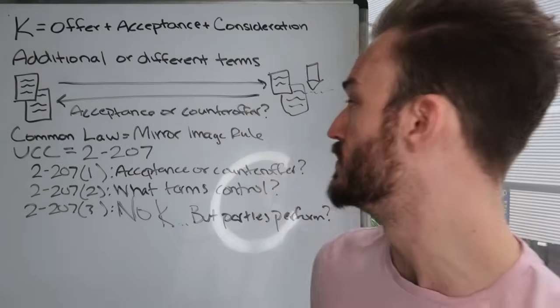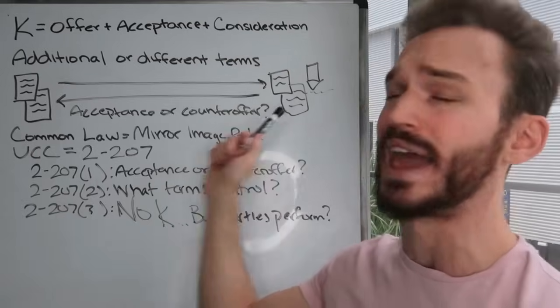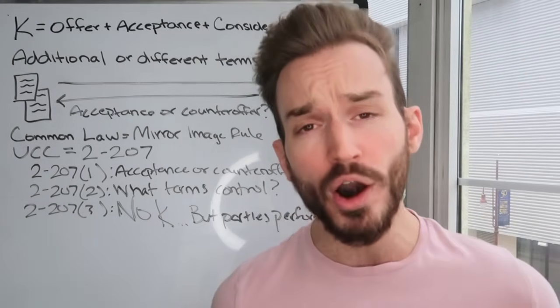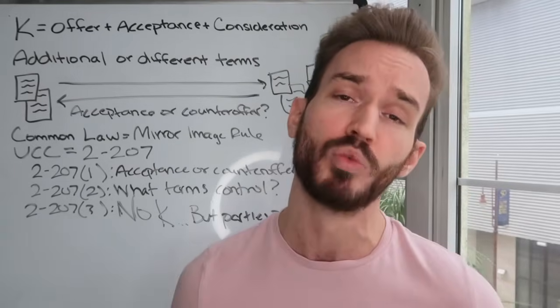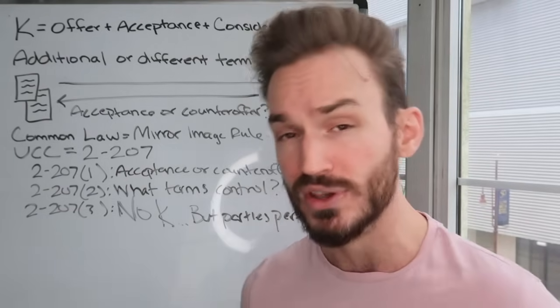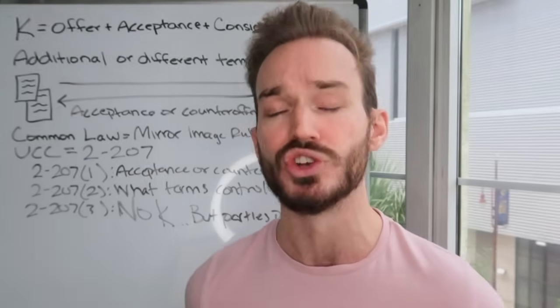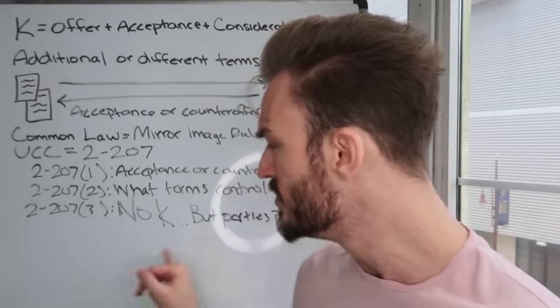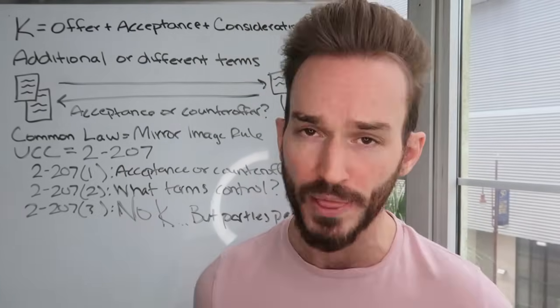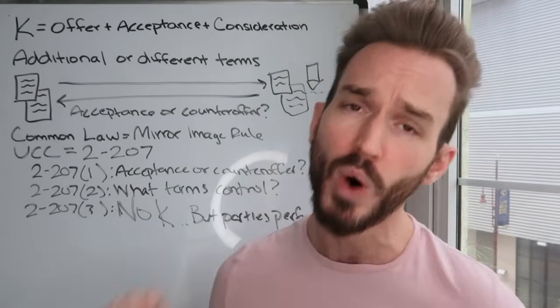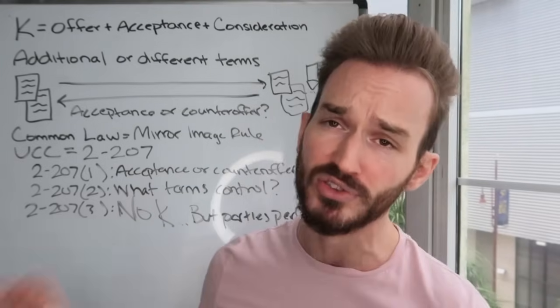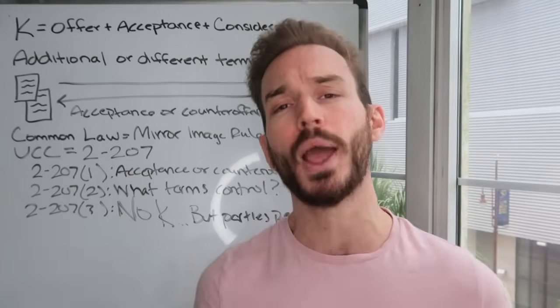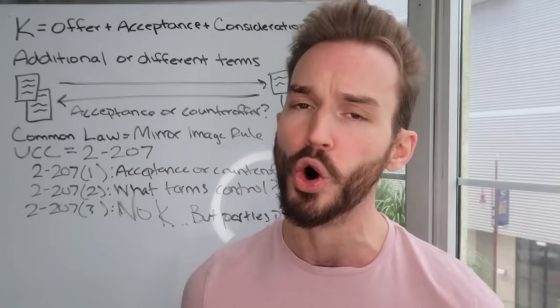So in this situation, we find, okay, this was actually a counteroffer that was sent back. So the parties never had a valid contract, but they performed like there was one. Well, 2207-3 says in this unique situation, even though there was never a contract to begin with, because they performed like there was one, we're going to take that original offer and that purported acceptance that was really a counteroffer, we're going to compare those two things, and any overlapping